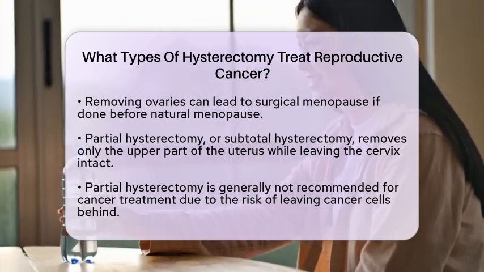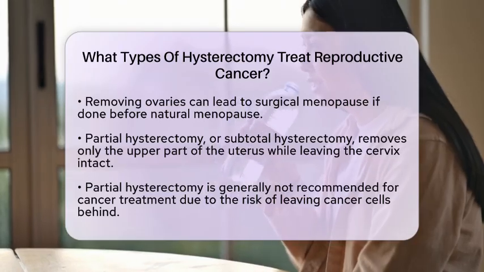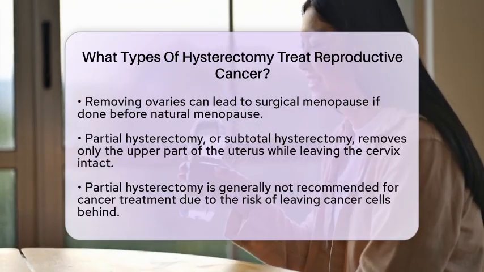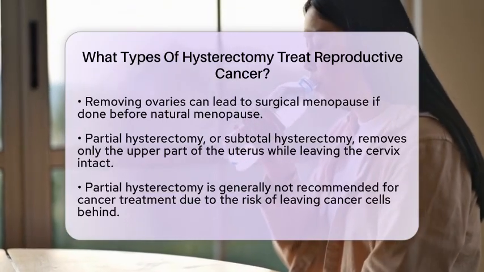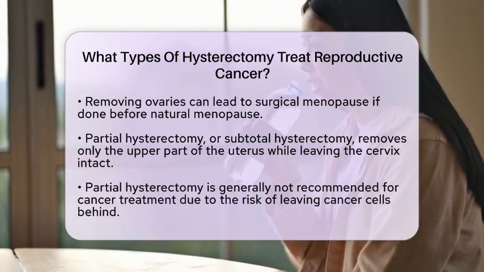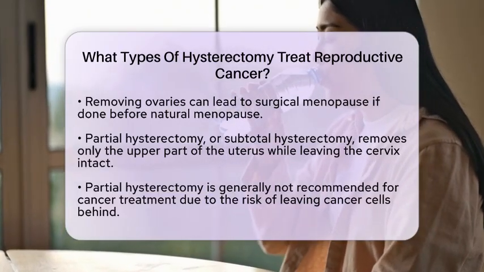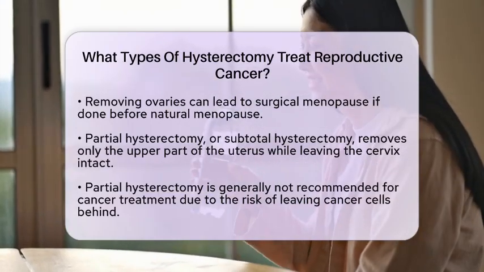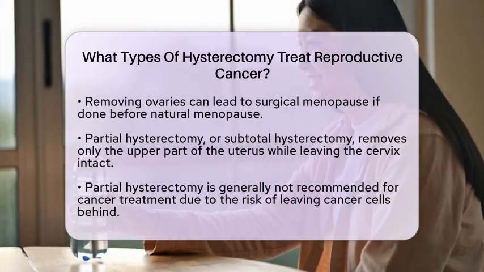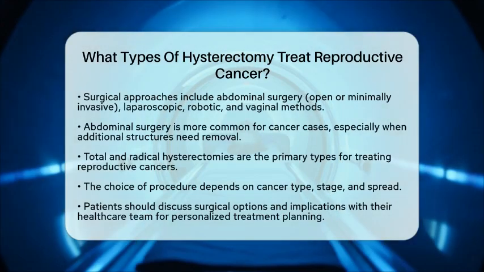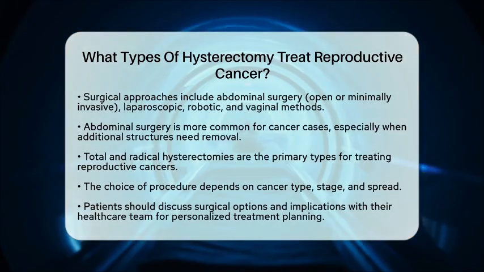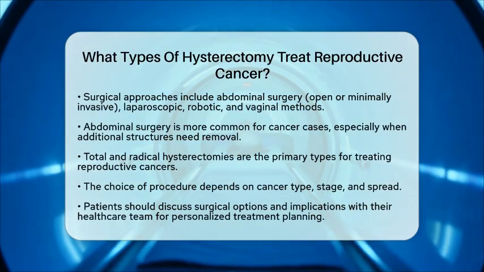Surgical approaches for these hysterectomies can include abdominal surgery, which can be open or minimally invasive through laparoscopy or robotic surgery, as well as vaginal routes. Abdominal surgery is more common for cancer cases, especially when additional structures like ovaries or lymph nodes need to be removed. In summary, total and radical hysterectomies are the primary types used to treat reproductive cancers, including cervical, uterine, and